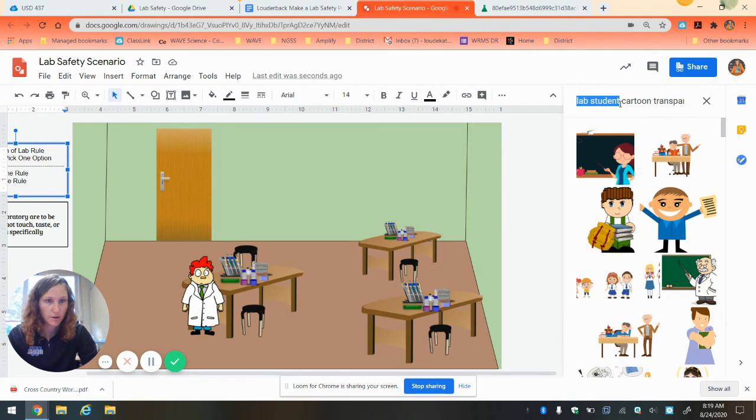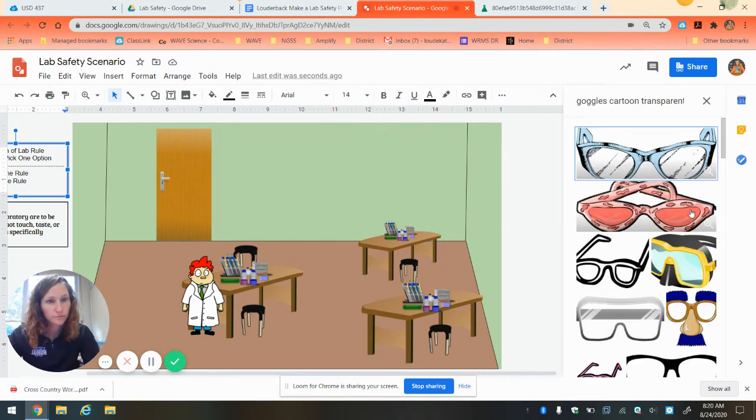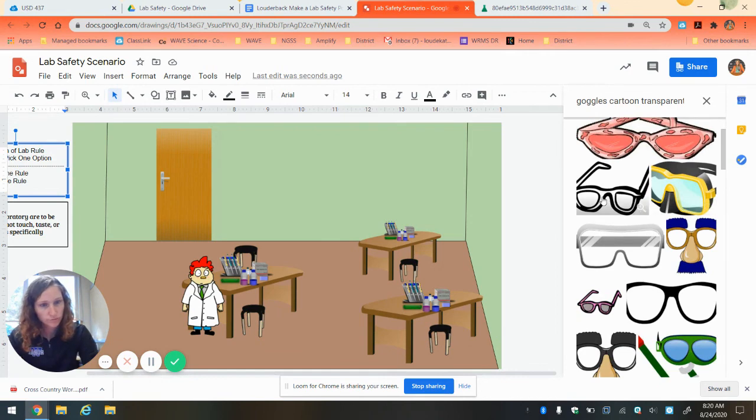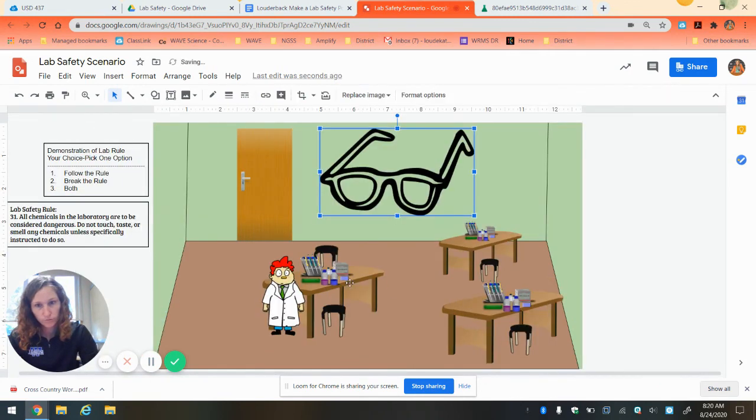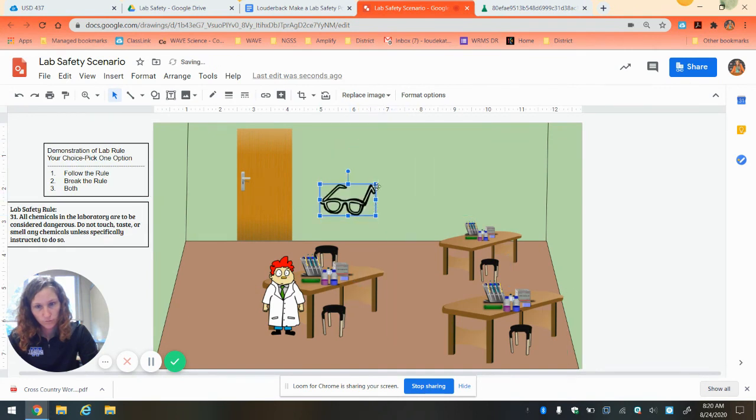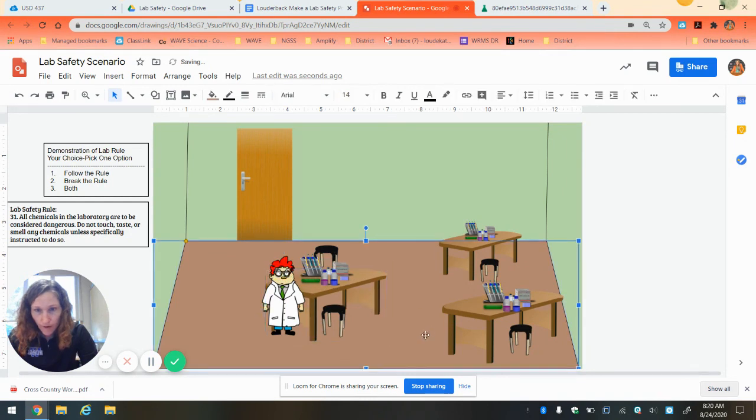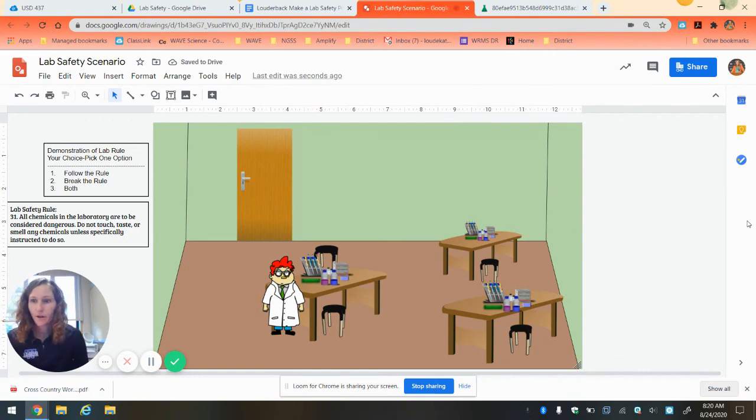Maybe I can just add goggles. Perfect. Now he looks like he's ready to go. All right. So that's kind of a basic format and setup on